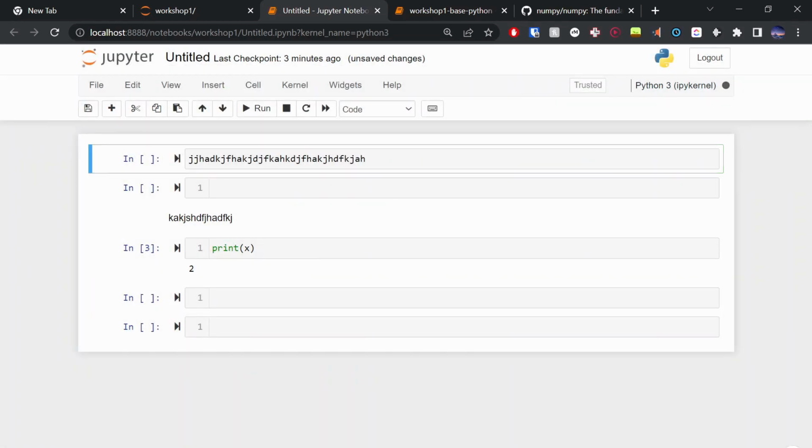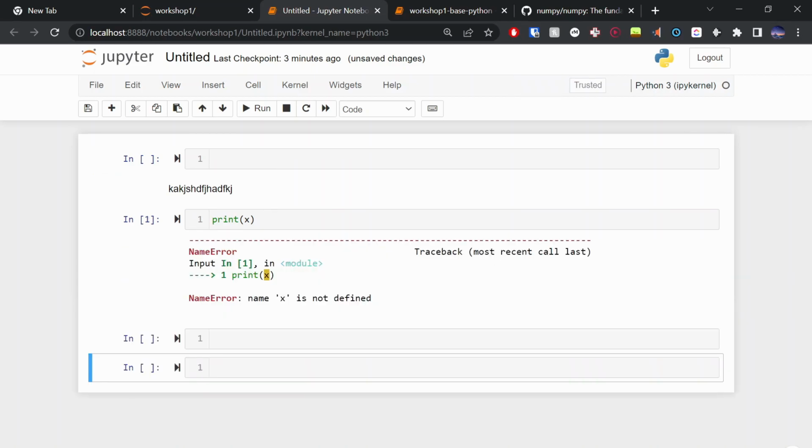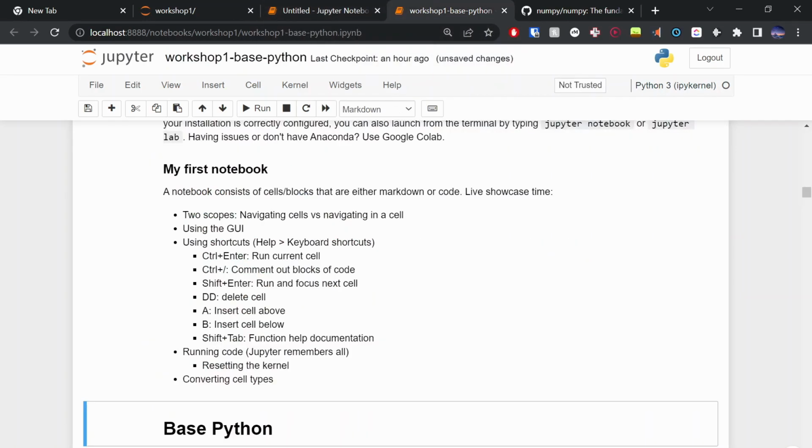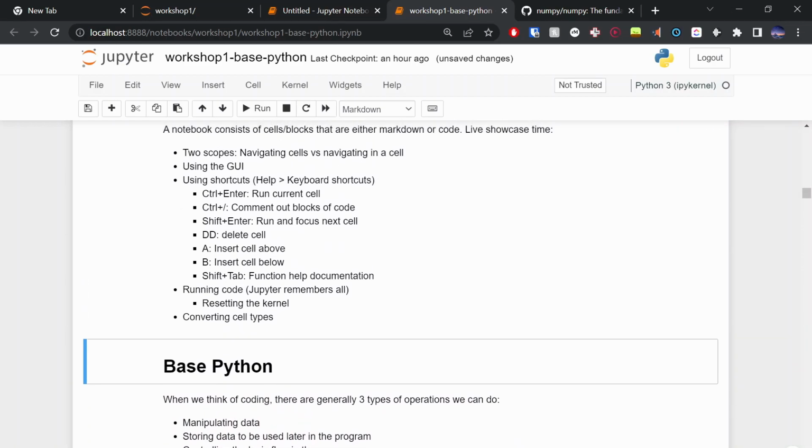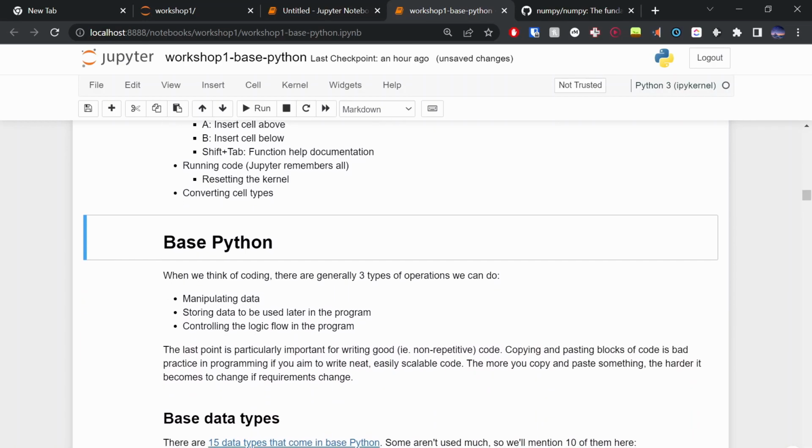If we actually just delete this, because this isn't valid, it says x is not defined now, because you've kind of refreshed Jupyter's memory, and then it doesn't have this recollection of x. Cool. Awesome. And then we can also convert between code cells and markdown cells by using those shortcuts, M and Y to convert back to code. Awesome. Cool. That's, I guess, a bit of the groundwork of Jupyter.